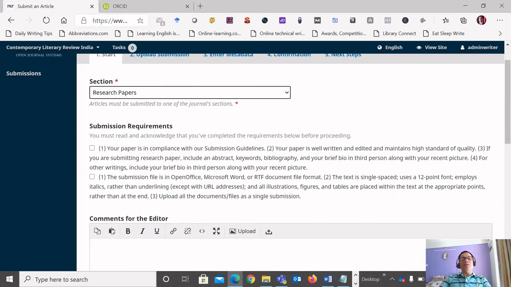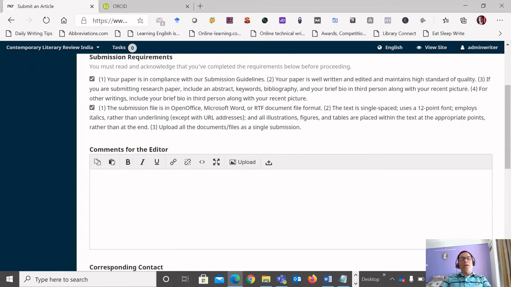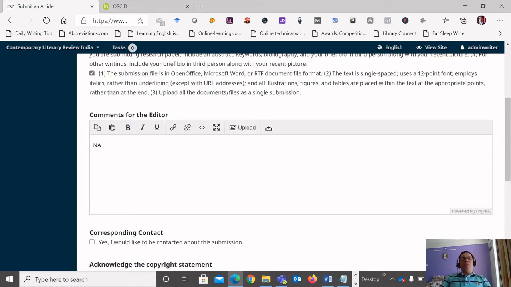Now once again, these are the submission requirements. Here we have declared the conditions, so you must select that. Unless you select it, you cannot go ahead. Now in the comments for the editor section, you can write some information to the editor if you have any.